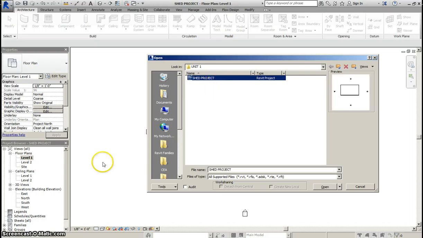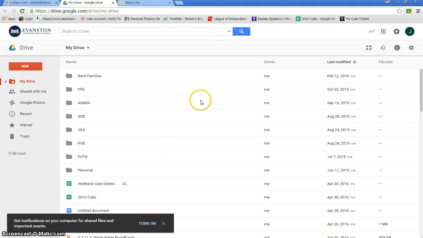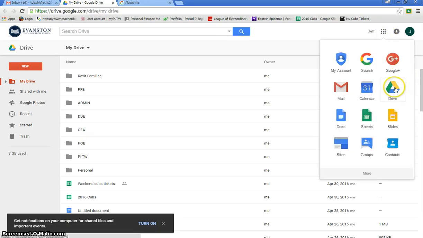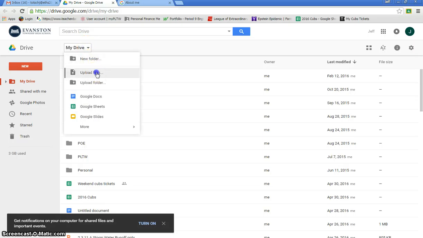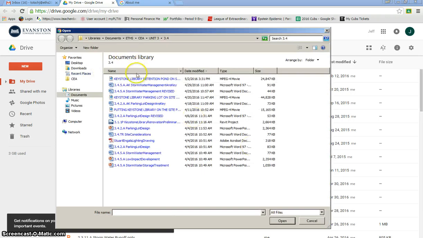Now, if I wanted to take this step further, I wanted to back it up on my Google Drive. What I could do is I go down to my internet, all right, and now I'm in my Google Drive. If you can't get there from that, go into your email and click on the little waffle icon up here, we like to call it, and go to Drive. Then we're going to go to My Drive, and I could go to Upload Files,